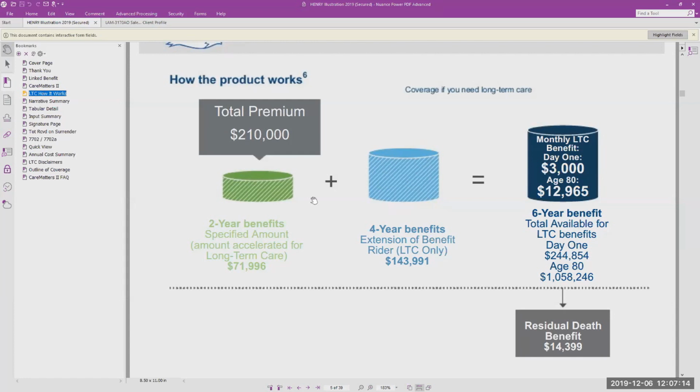It does sit on a life insurance chassis, so it is out of core life insurance, but it's been maximized and optimized to be able to take the most LTC out as possible, because for this client, that's the main focus. You will see though that even if your client uses, let's say, all $1 million of their money, they get all of that out within 6 years, their beneficiaries will still be left with a residual death benefit of